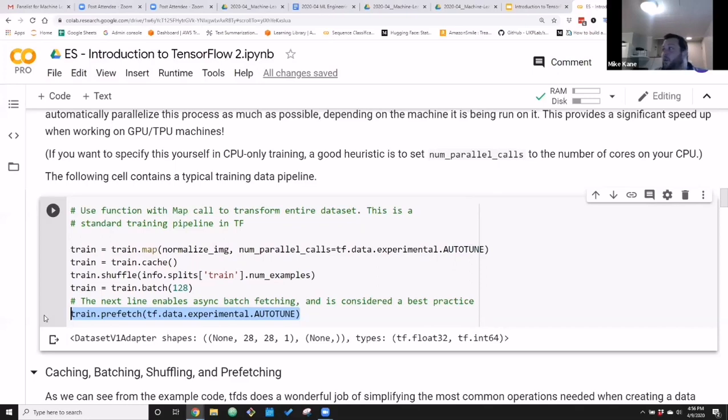Because again, there's going to be times where our model is training, but while it's training, it's going to run through that batch. Well, we don't want to sit and wait while the data set goes and gets the other batch together, right? We don't want the model to have downtime while the batch is getting together and the batching to have downtime while the model is training. We want them to work at the same time and overlap that as much as possible.